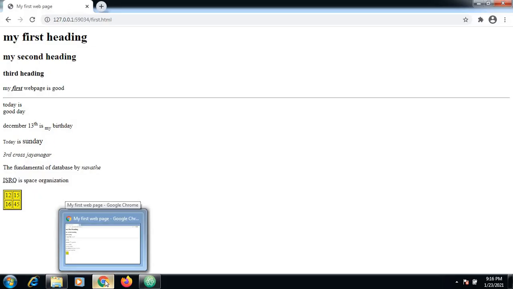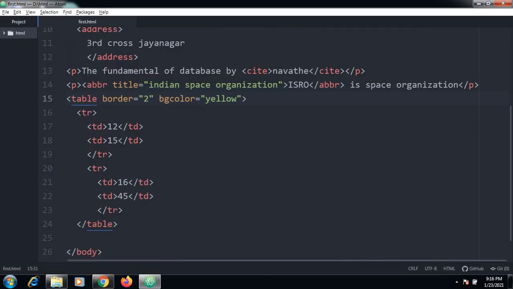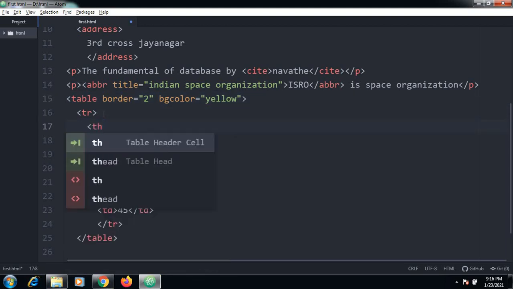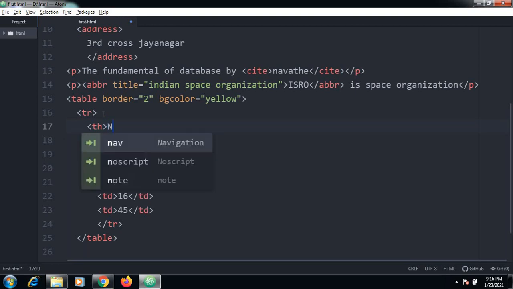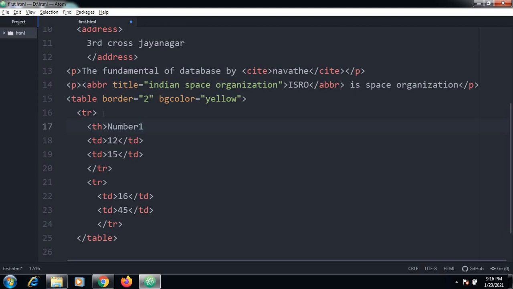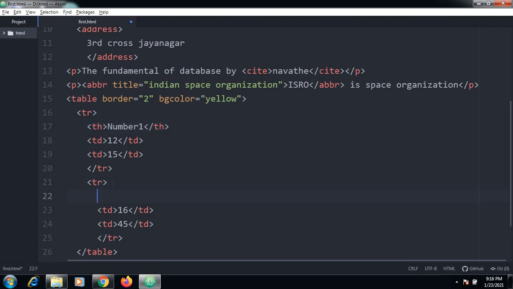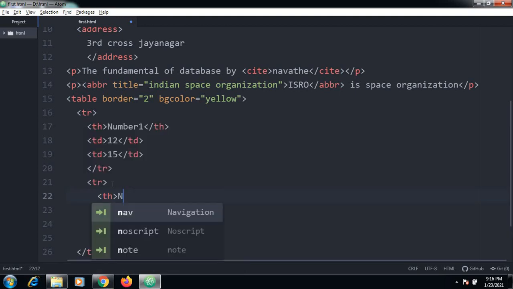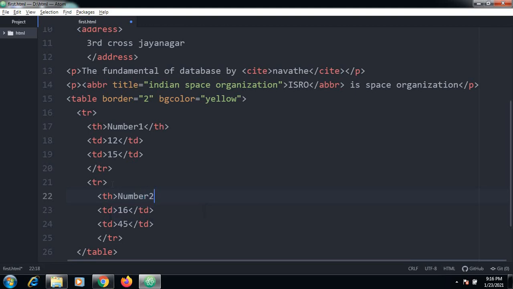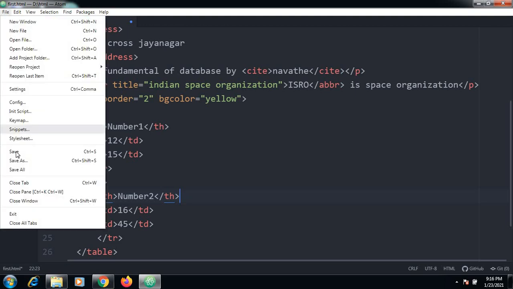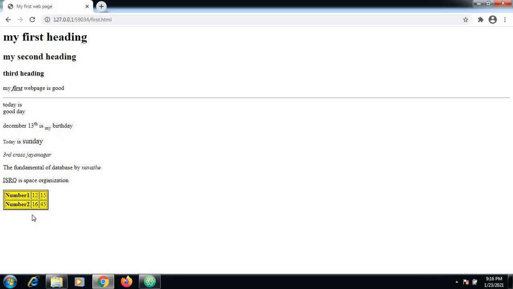We'll see what happens. You can have different values in the table, and also you can have a table header. If I want to have some table headers, you can have a table header. So table header, this is number 1, I can say. So table, slash table header. So this is what creates the table header now. Save this. So this is how I created it: number 1 and number 2 are nothing but the table headers now.